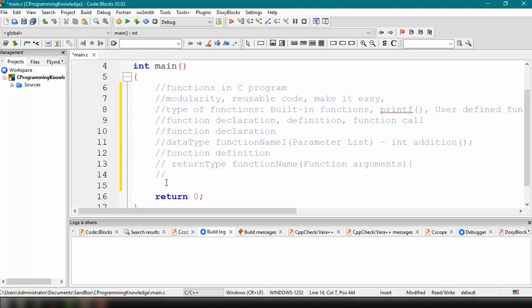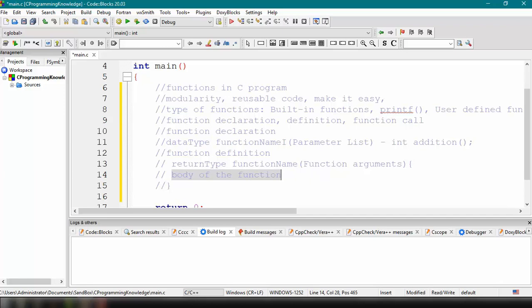So it should include the open and close curly braces, and then inside here is the body of the function, or simply the statements that we want to execute inside this particular function. So whenever we want to call this function, this will be the statements that would be executed inside this particular